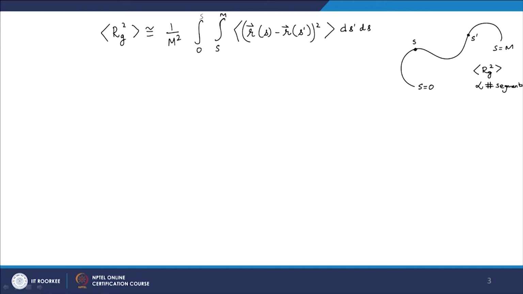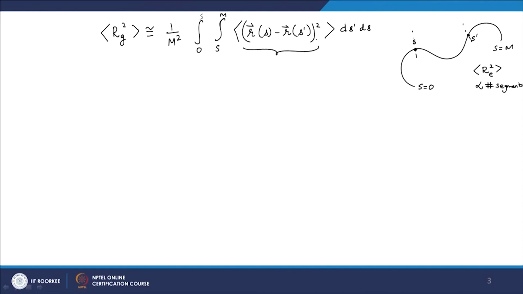I am sorry, this is not for the Rg square, this is for the Re square, the end to end distance squared, which is proportional to the number of segments. And so, if I cut my chain in here, let us say if I look at the section of the polymer chain between s and s prime, that itself is also Gaussian. Okay. So, in that sense I can represent